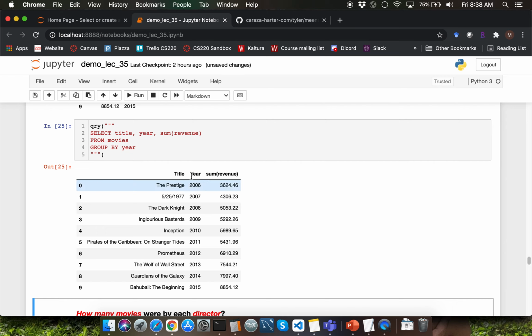Clearly, multiple movies would have been released as part of the year 2006. What happens is that when you try to select a column which is not involved with the group by grouping, you're only going to get one of the values associated with the set of rows which belong to that particular group. You can never predict which of those values are going to show up here.